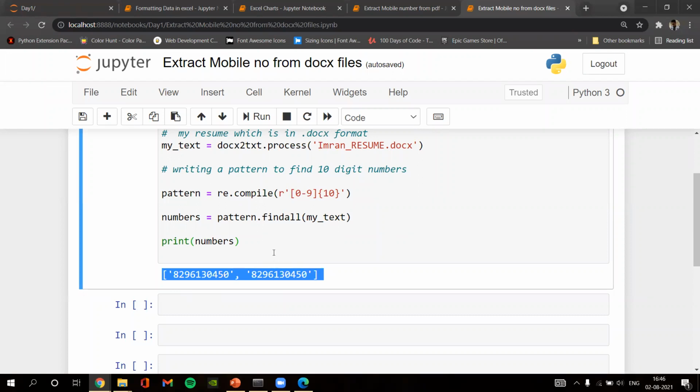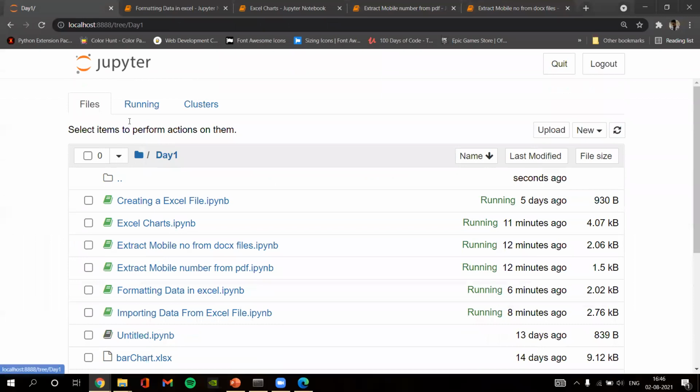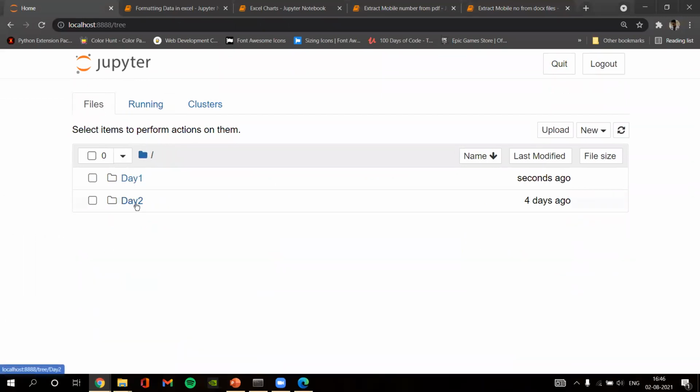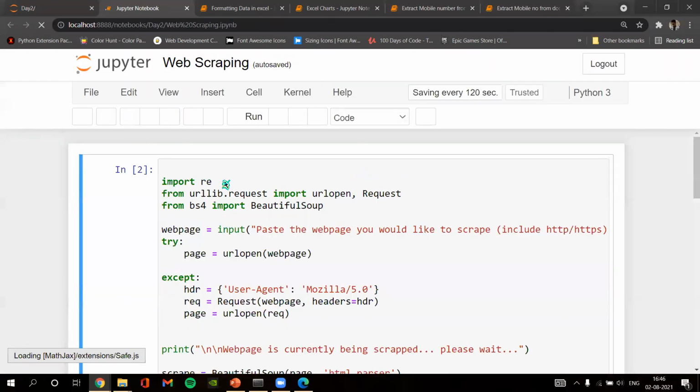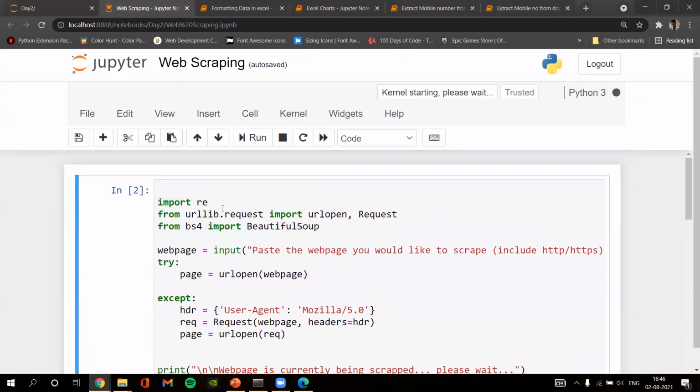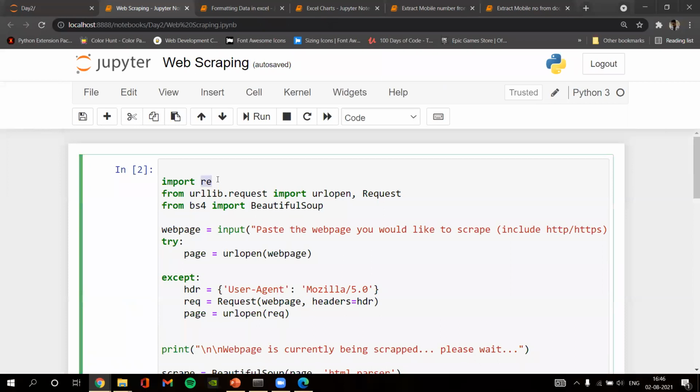Okay, next program. Just a second, I'll show you the next one. And finally, we are talking about web scraping. Web scraping is nothing but extracting data from websites. You're using regular expressions, importing re, and using urllib.request to read web URLs, importing the urlopen and Request methods from the urllib library, and using Beautiful Soup